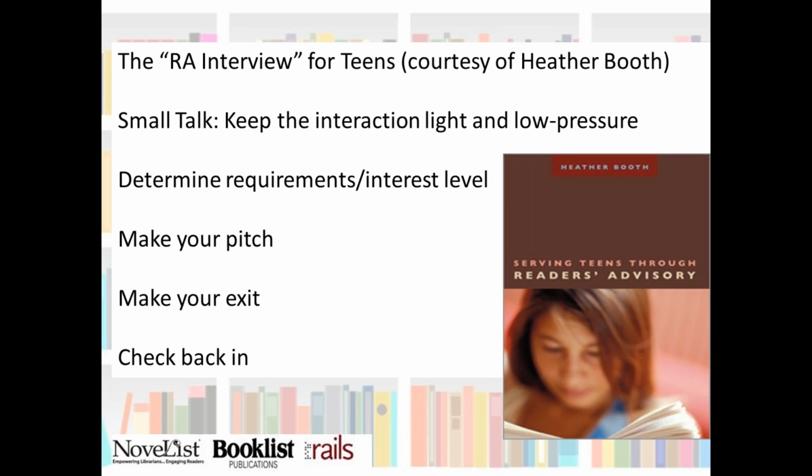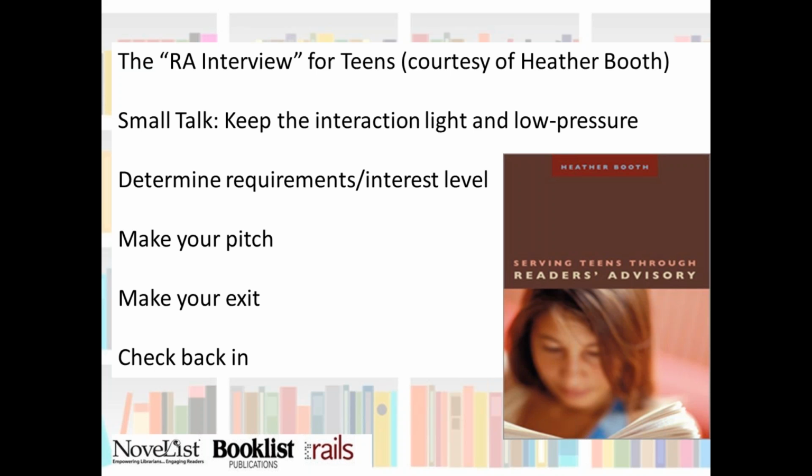Keep the interaction light and low pressure. Some phrases to try are, "Oh, I've seen a lot of people checking that one out. Is it good?" Or, "Are you looking for a certain book I can help you find?" Or, "Oh, these shelves, yeah, they're sometimes kind of messy. Let me know if I can help you find what you're looking for, or if what you need isn't there." It's a lot about approaching teenagers casually and making it small talk, not feeling like you are an authority figure, approaching them a little more gently than we might approach some adult patrons.